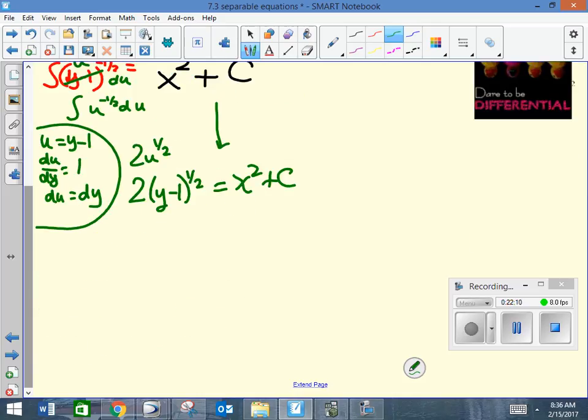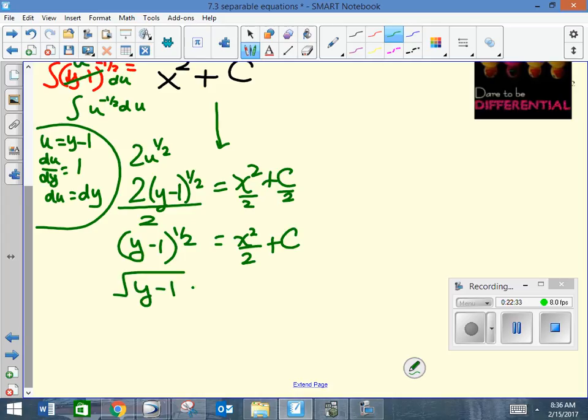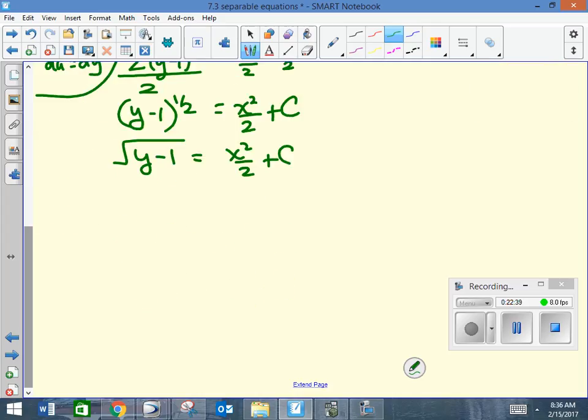Alrighty then, let's see. We're going to solve for y. What do we do first? Divide each side by 2. A constant divided by 2 is still a constant, right? So I'm going to leave that as c, and this is now (y minus 1) to the 1/2, which you might recognize as a radical. Okay? So what do we do now? Square both sides. Now this c is going to have to be under the square, so y minus 1 equals